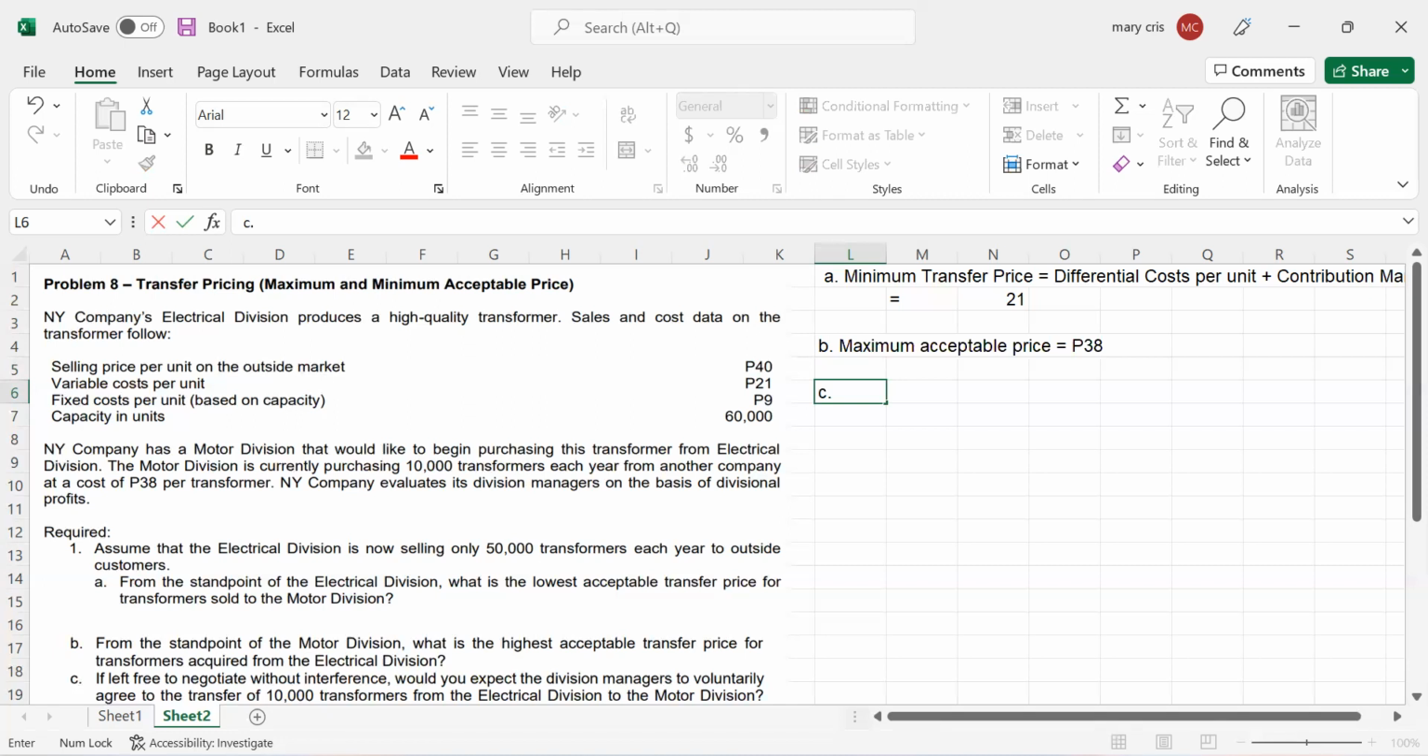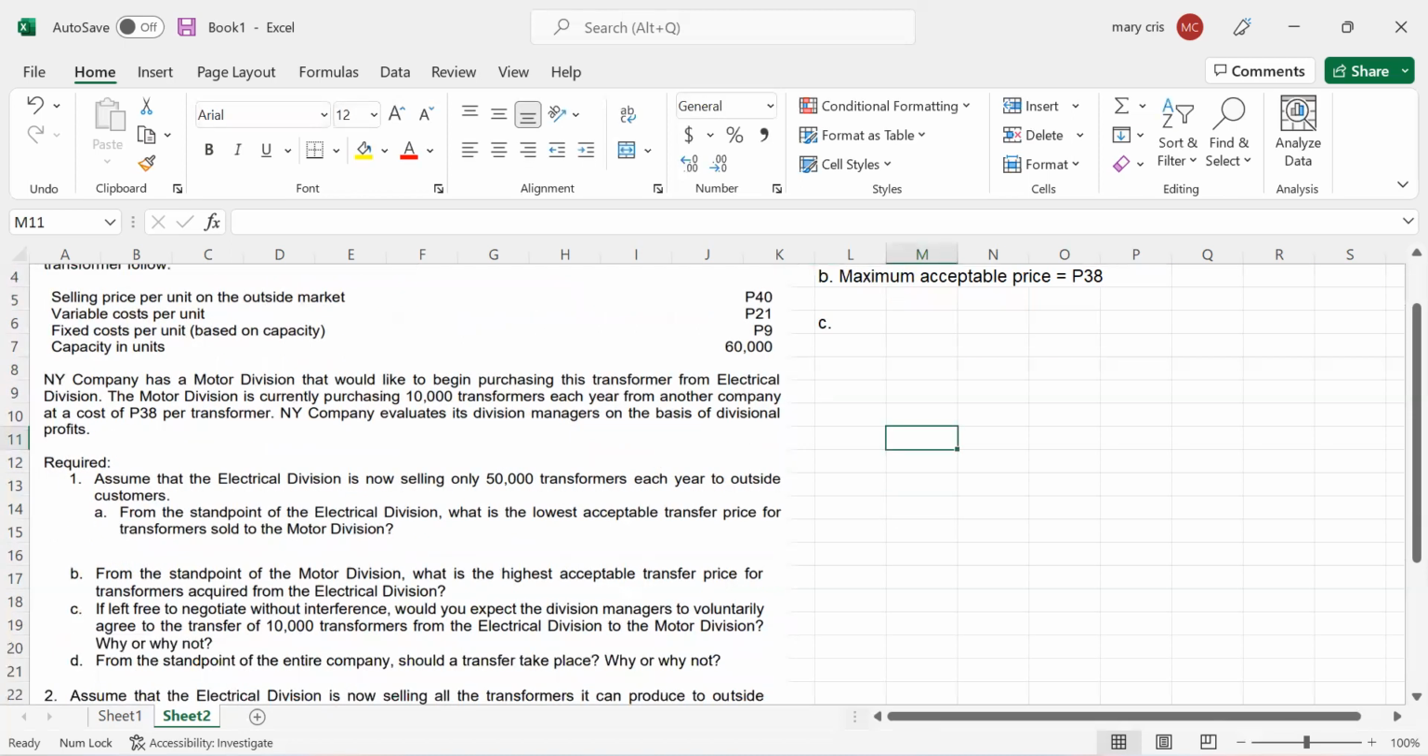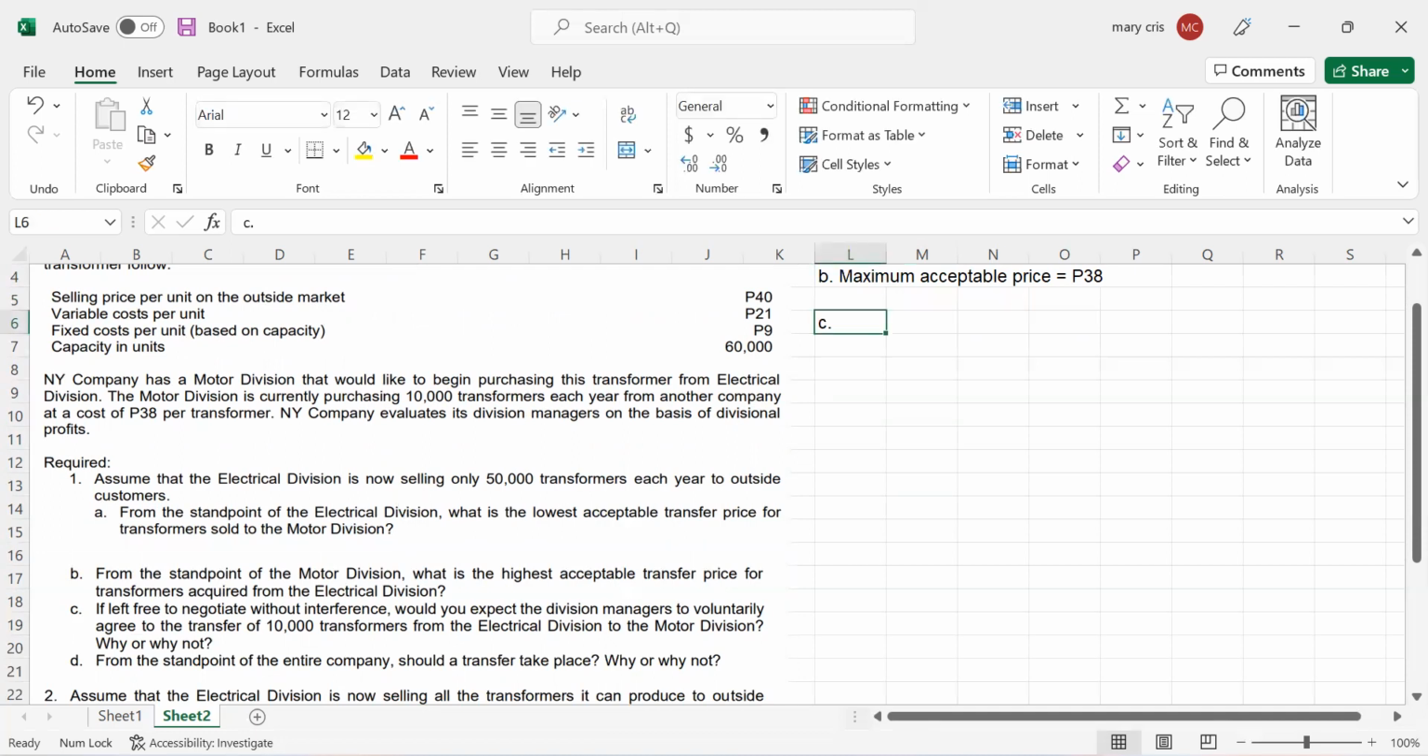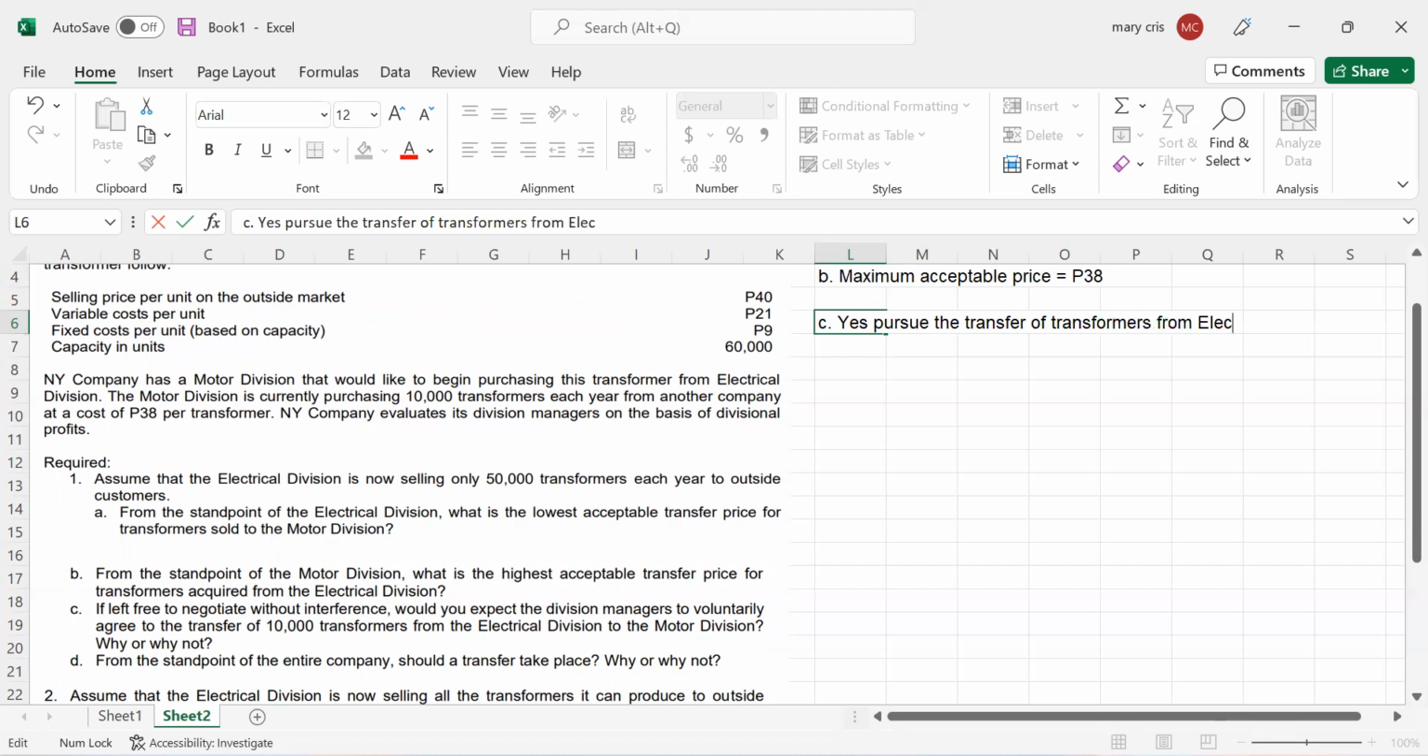Okay, next, letter C. If left free to negotiate without interference, would you expect the division managers to voluntarily agree to transfer 10,000 transformers from the electrical division to the motor division? Why or why not? So the answer here will be yes, no? So they can just agree to pursue the transfer of transformers from electrical to motor division, because for one,